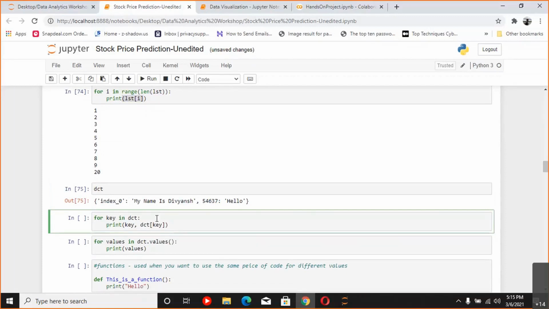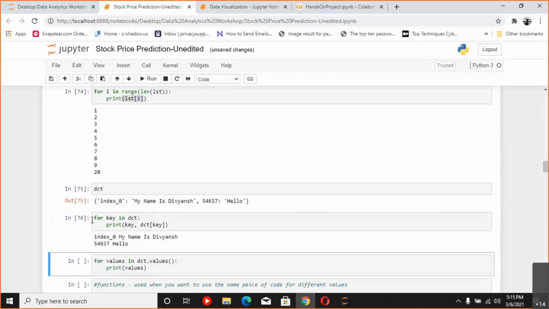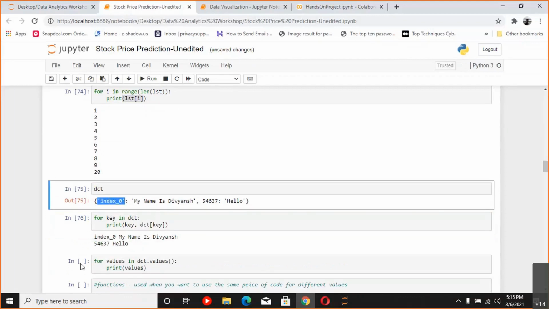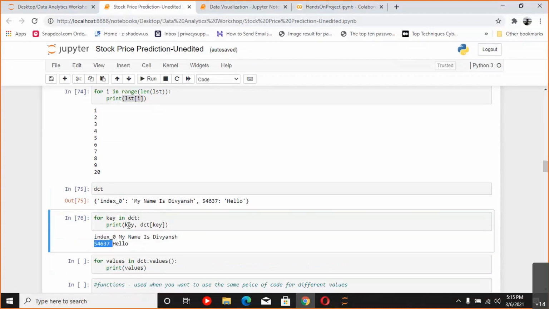If we just run this, we can see that for key in dictionary, it will iterate over the keys, not the values. As I said, it has two keys, index 0 and this. So these two values were one by one stored in the key variable. You can see we have printed the key variable first, so these two are the things that are printed. And then using the keys, we tried to access the values that are stored in the dictionary.